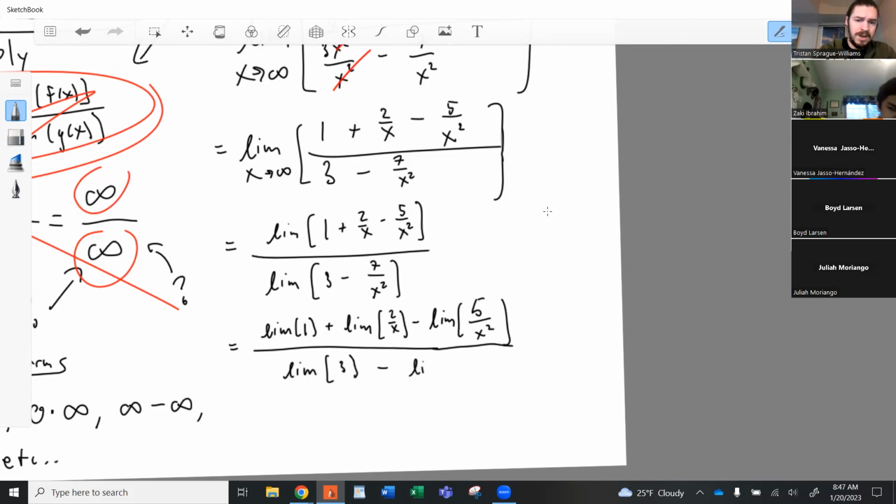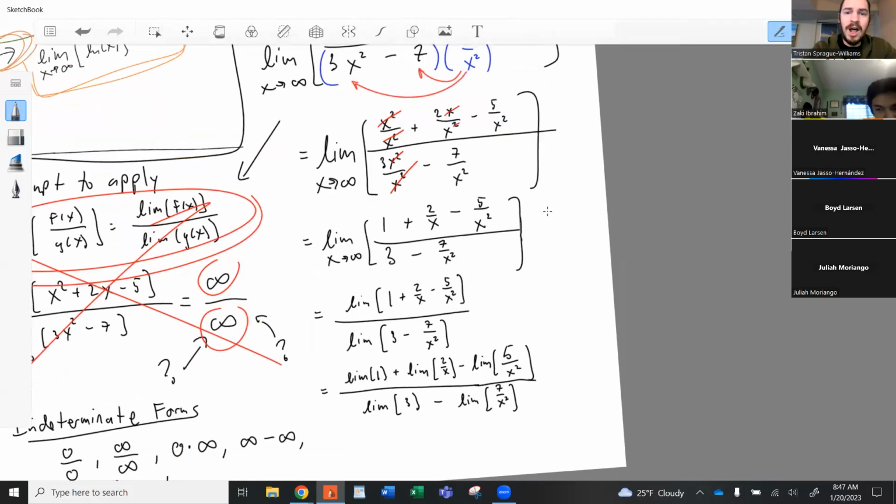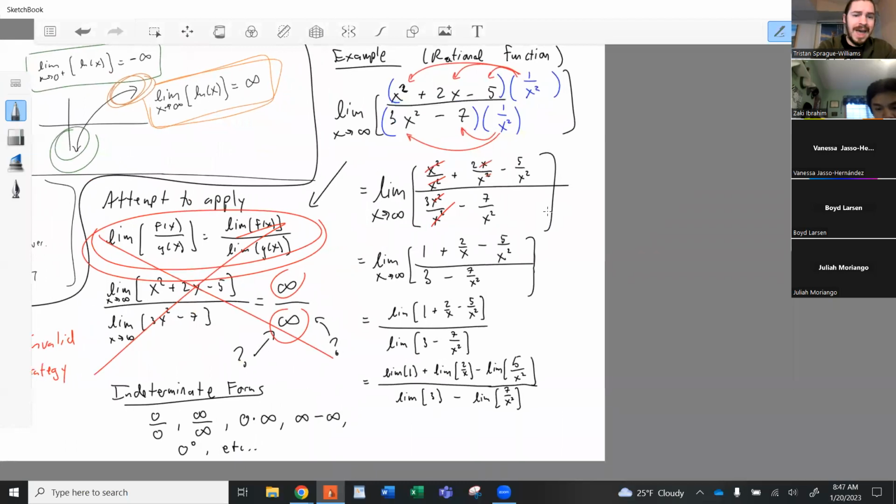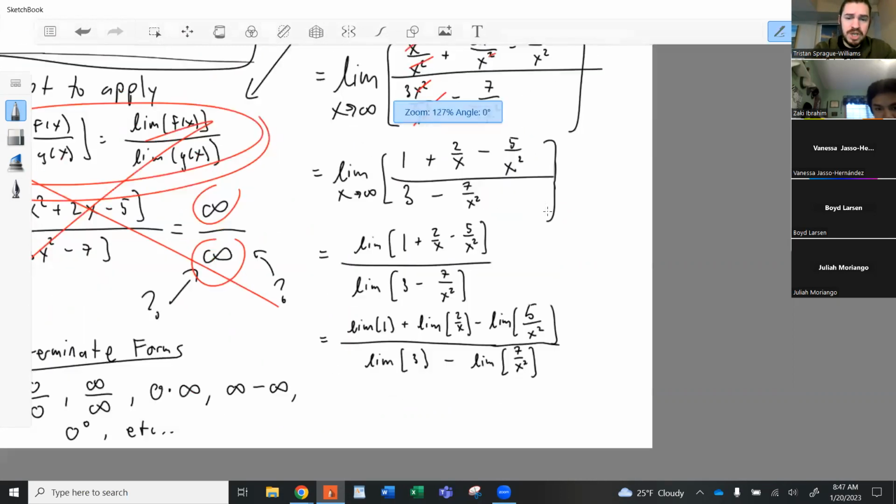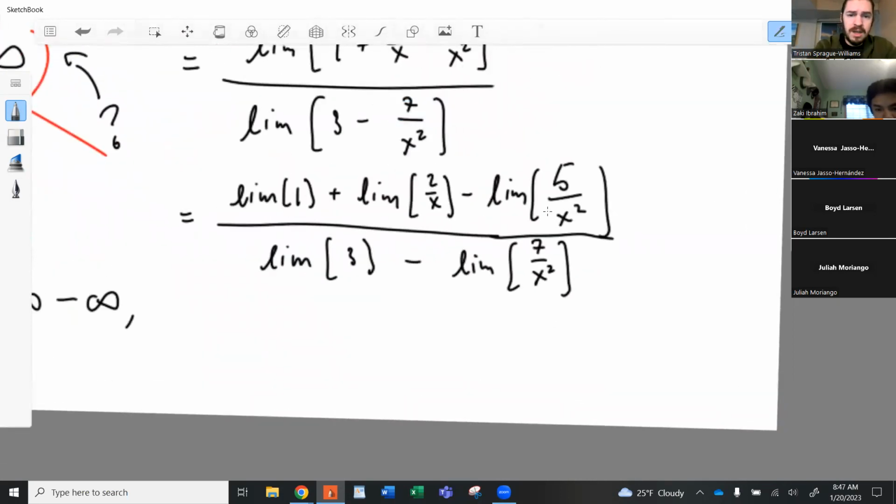Do you see what's going to happen here? Before we did this little algebraic manipulation, we had infinity over infinity, and it was not valid, right? It was indeterminate. But now that we did that little algebraic manipulation, look at all these little limits. These are all x going to infinity, right? All of these ones